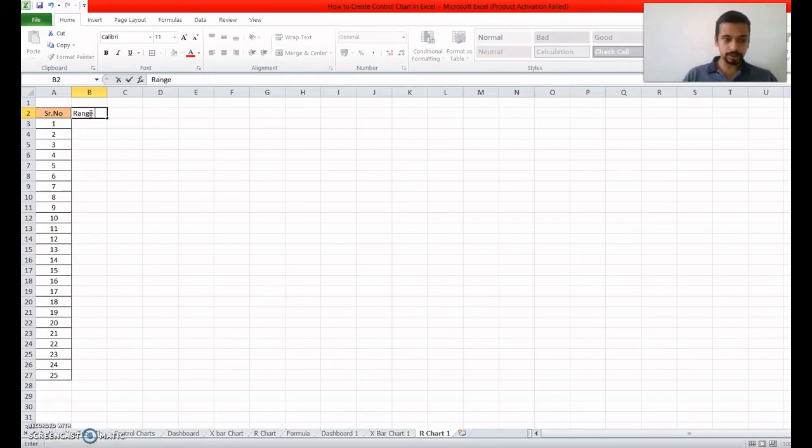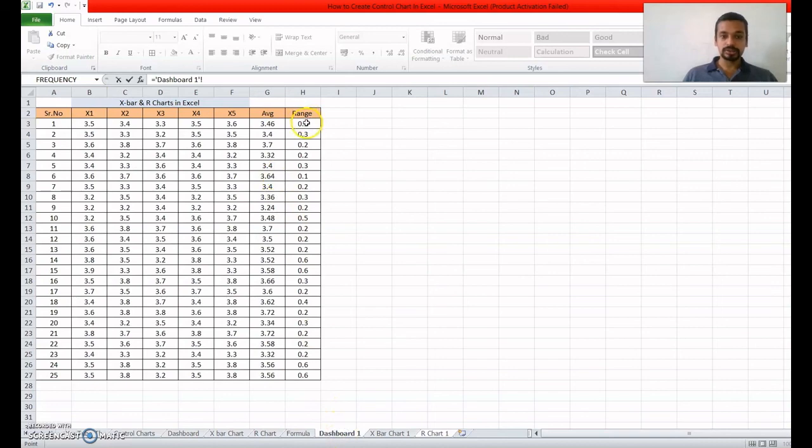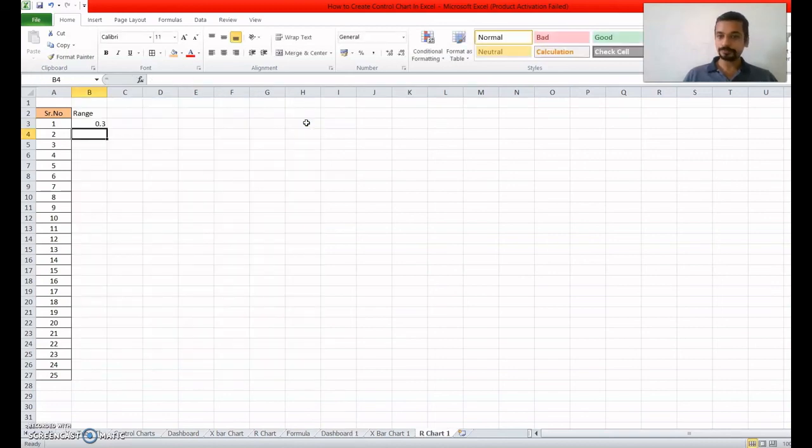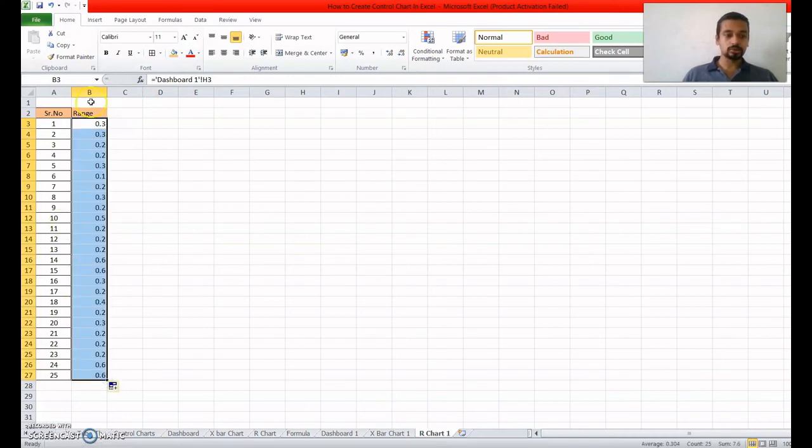So you can write range, and similar to the X bar chart, is equal to, go to dashboard, select range. So here is the range. You need to just drag this value till 25. So all your ranges from this dashboard will appear here.